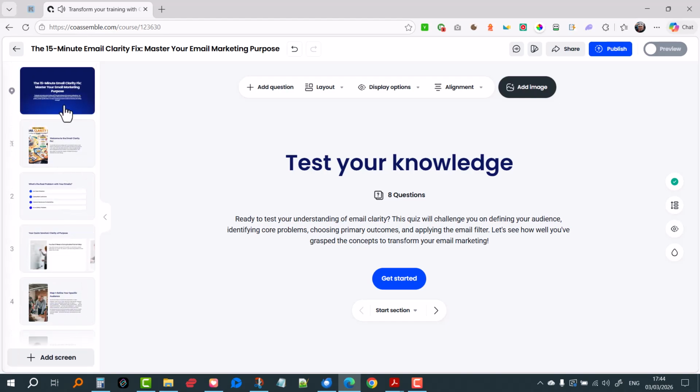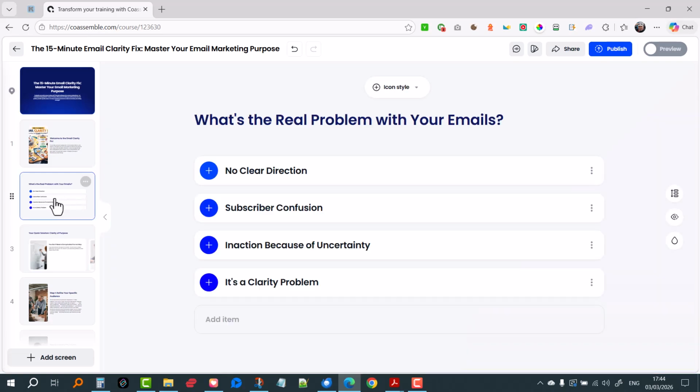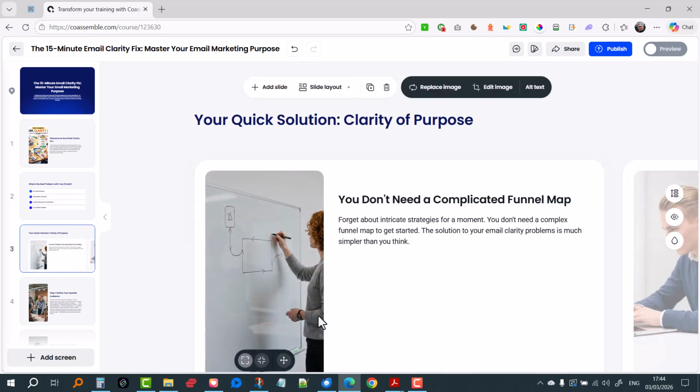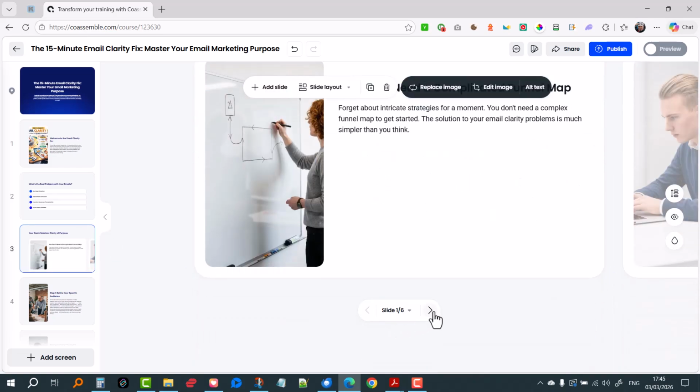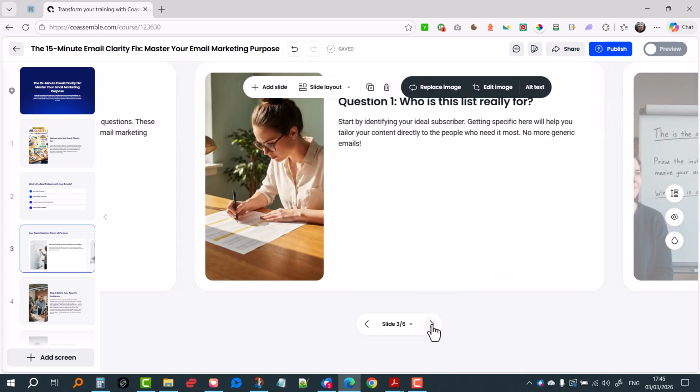What we can now go and do is start adding things to it. We can add a background image to this. We can edit anything on here that we want. We can edit this if we want to. All of these things we can go in and edit. The thing that I did notice on this, we've got 6 slides. So what we could do here,